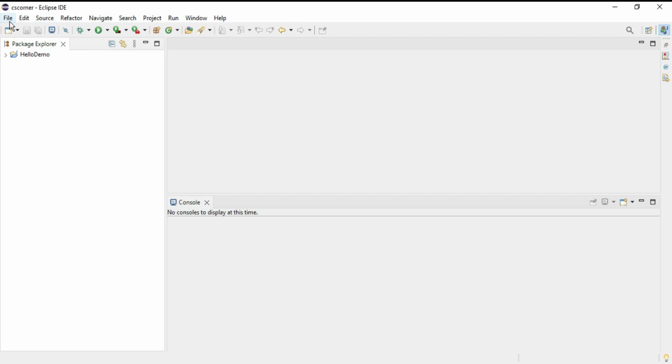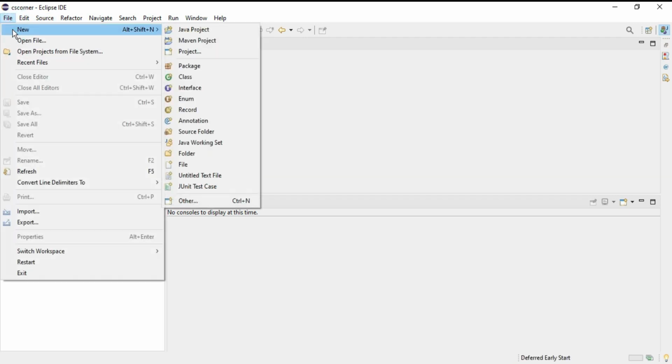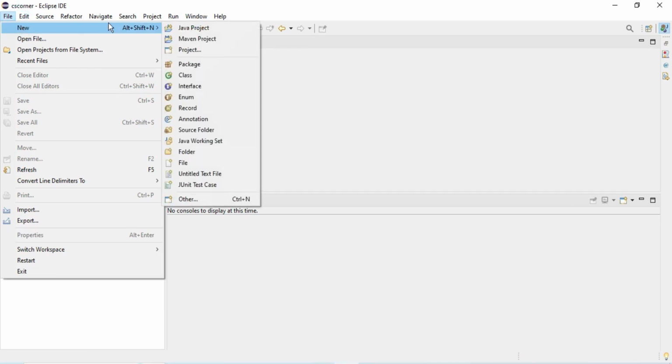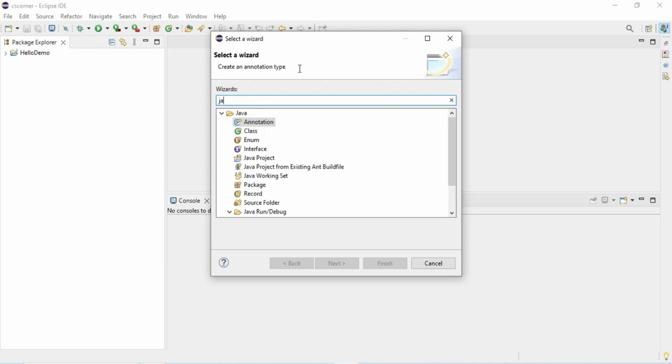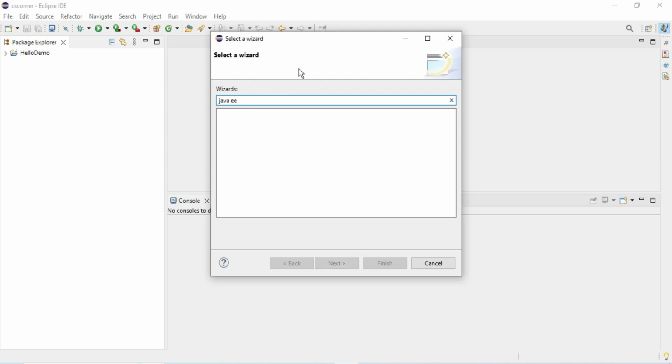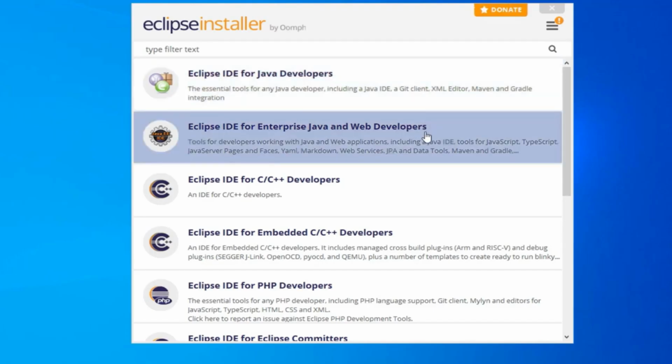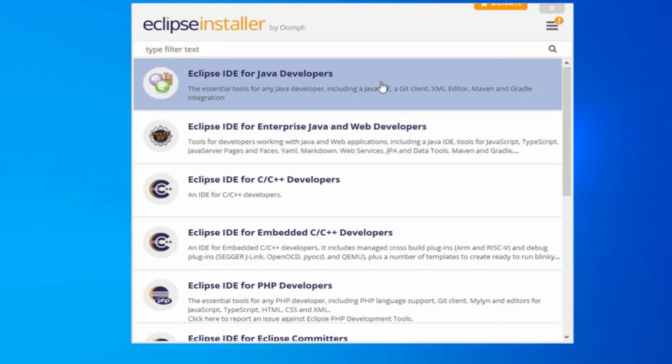So guys, first of all, I've just started my IDE, and here I'm trying to show you that I'm not getting any option for creating dynamic web project. So you can see in File, New, I don't have any option for dynamic web project. Also, if I click on this Other and I'm trying to search dynamic web project, or you can search with other names also, web, or Java EE, but you won't be getting anything over here, because it requires Java EE component which I have not installed.